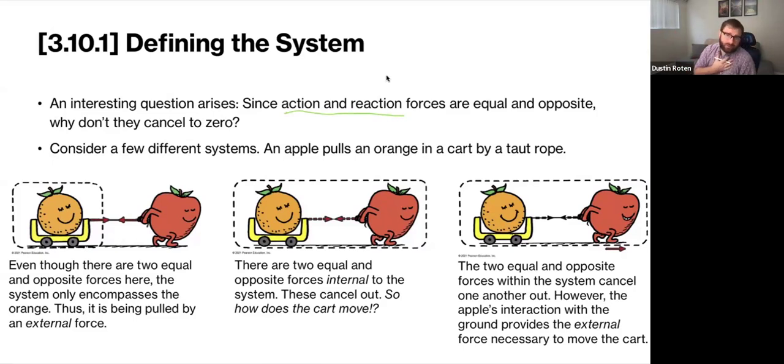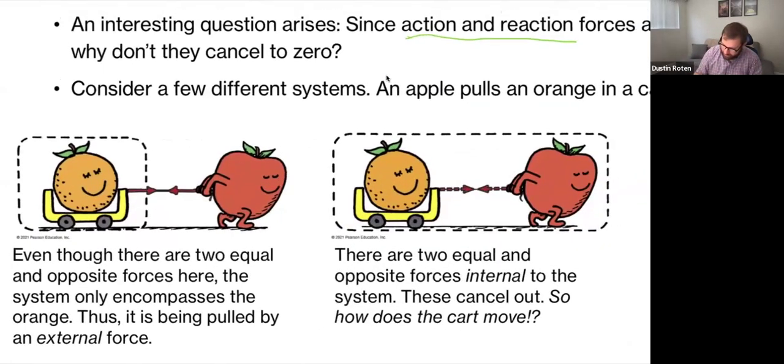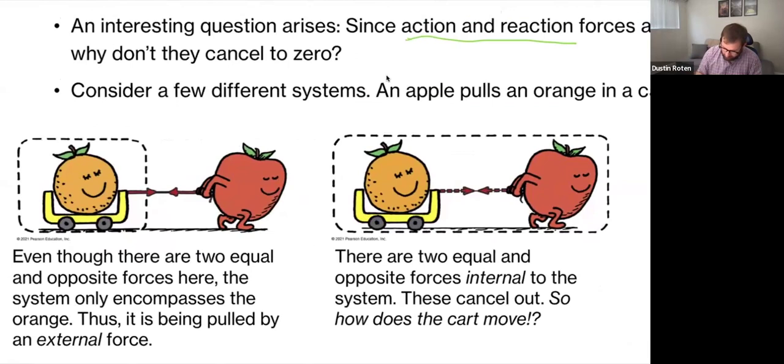where an apple is pulling an orange in a cart by this taut rope. So this rope is going to have tension in it. Okay. So in this first case here, or in all the cases, the apple is going to pull. Now it's a little weird here, but the apple is pulling forward. So let's do red for the apple. So the apple's pulling forward with the rope,